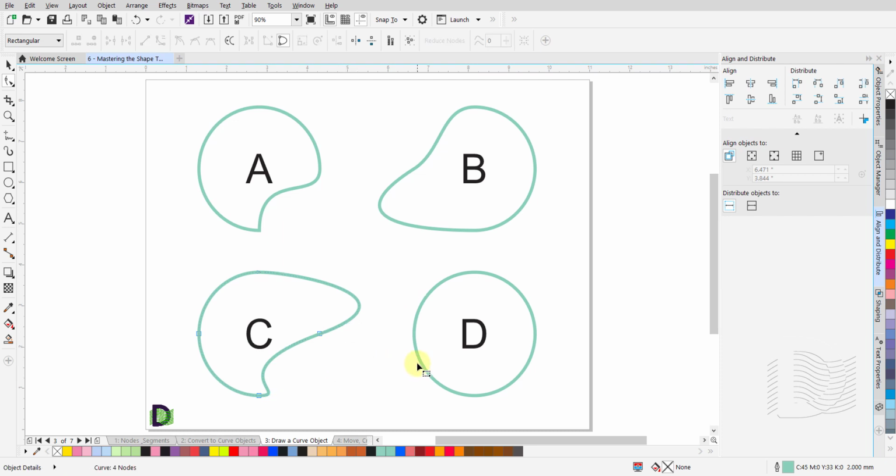You can add as many nodes as you like on any of these four segments. To do that, using the Shape tool, click Object D and then click anywhere on the outline of this object. Up in the Properties bar, you will see a green icon with a plus sign. Click on it to create a new node at the selected location of your choice. Repeat this on a couple of other points along the outline.